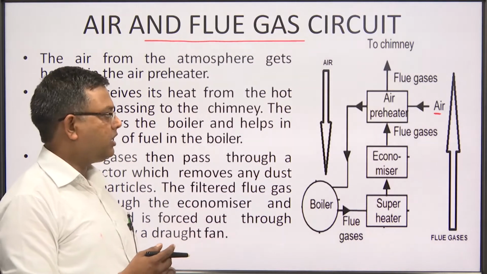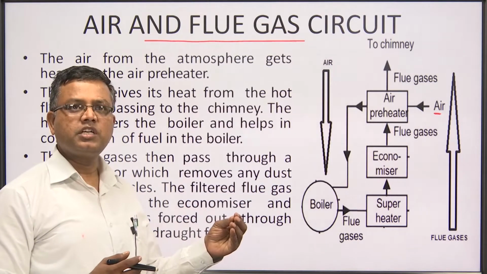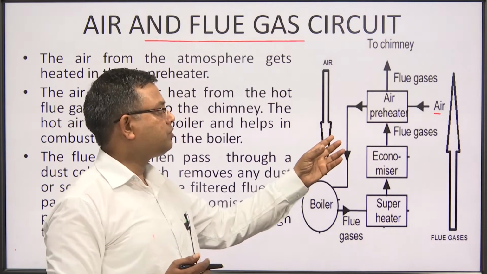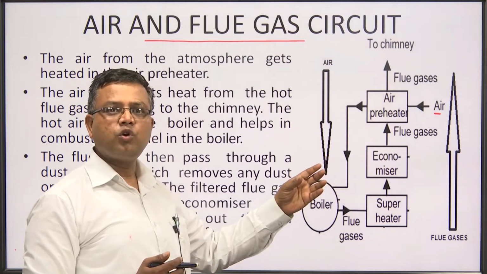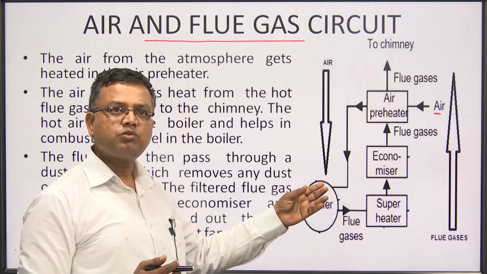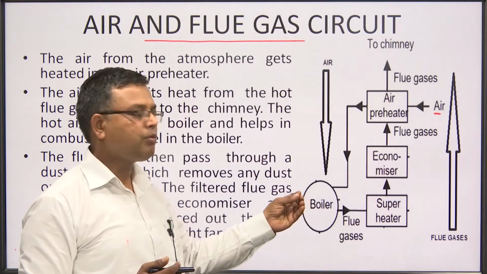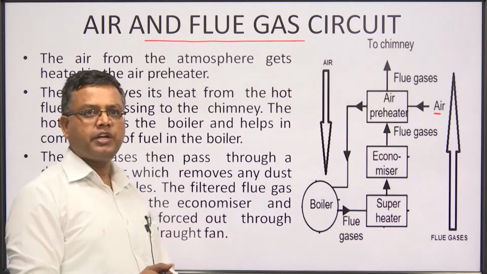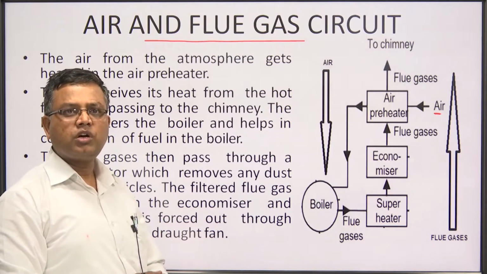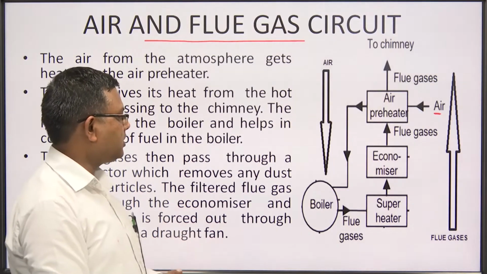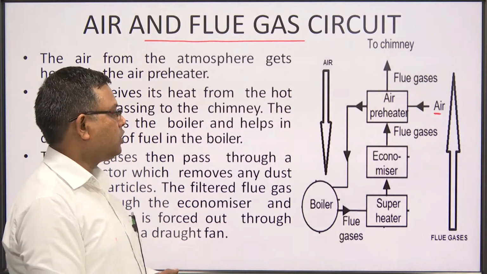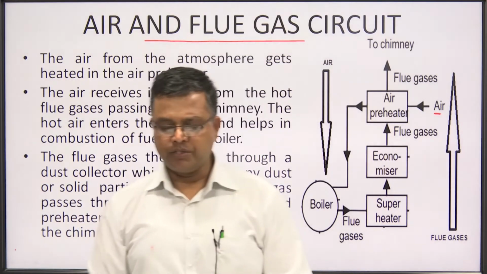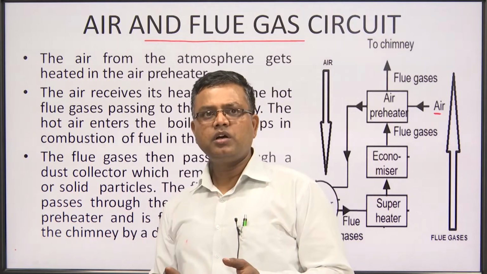In the air preheater, the temperature of atmospheric air is increased by 2 to 3 degrees Celsius. It means in the air preheater, the atmospheric air absorbs the heat which is going waste through the flue gases. So, in this way we are able to increase the thermal efficiency of the boiler. In the boiler, when coal burns, flue gas is generated, and those flue gases are used to convert water into the steam. After converting water into the steam, those flue gases are allowed to pass over some accessories, just to increase the thermal efficiency of the boiler.